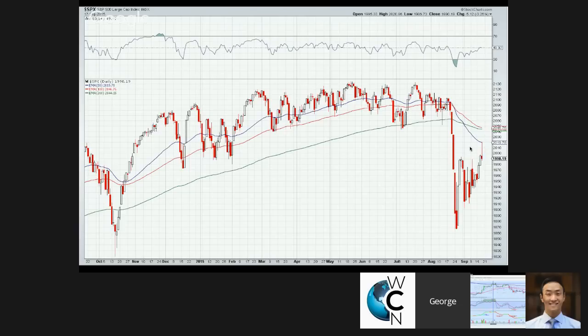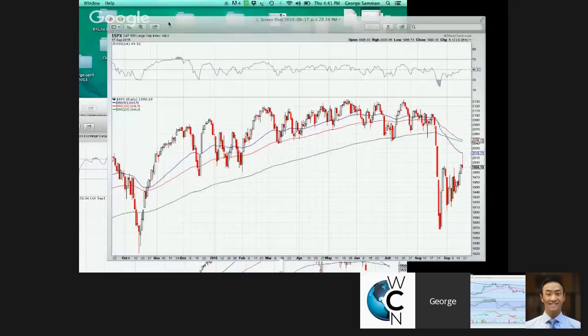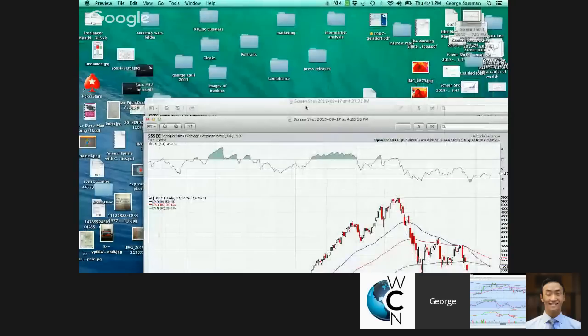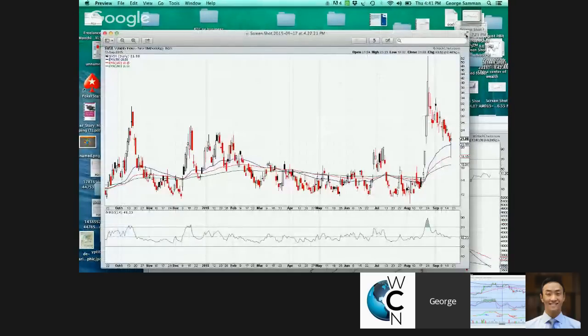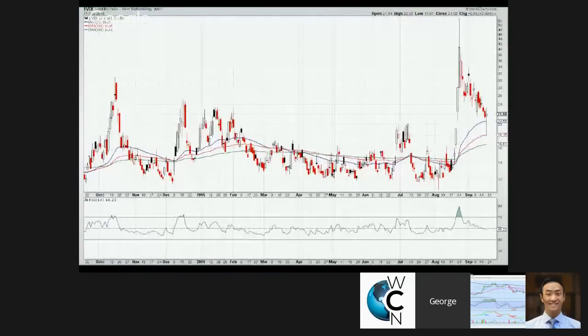I think if it holds in here and goes higher, you have some more rally in you, but potentially we're still looking to see if that's the bottom. And then finally, one last thing I have here is the VIX, which I always look at to see about volatility in the market and where we're headed.